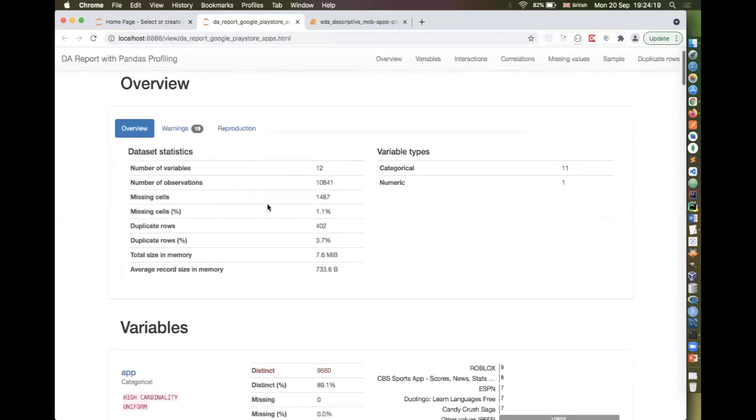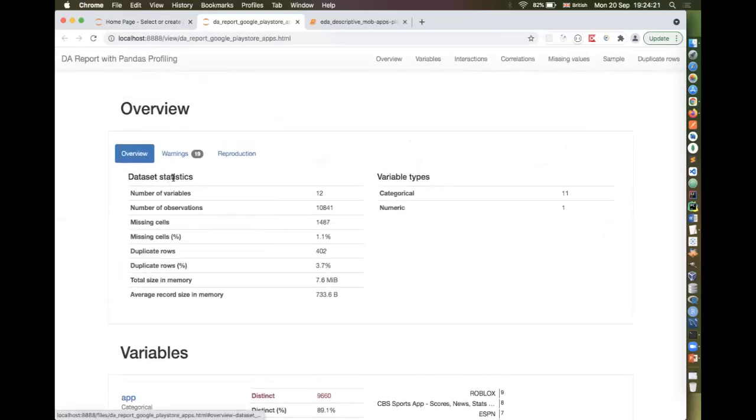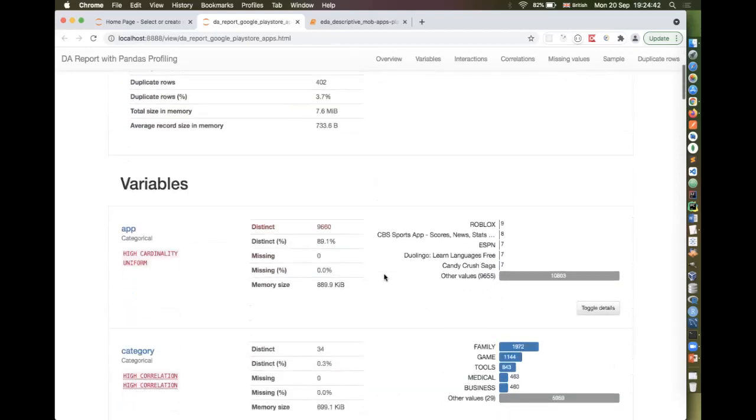Here it is. You will get the overview of the data set: the number of variables, that is fields or columns, and the number of observations, that is rows, and missing cells. These kinds of metadata you would find in the report, and how many are numerical fields and how many are categorical fields.